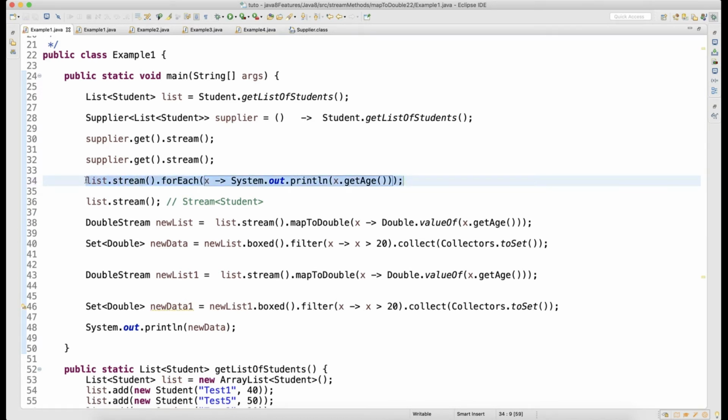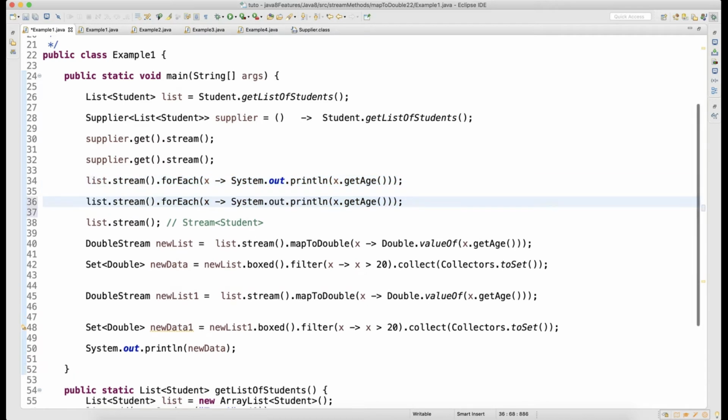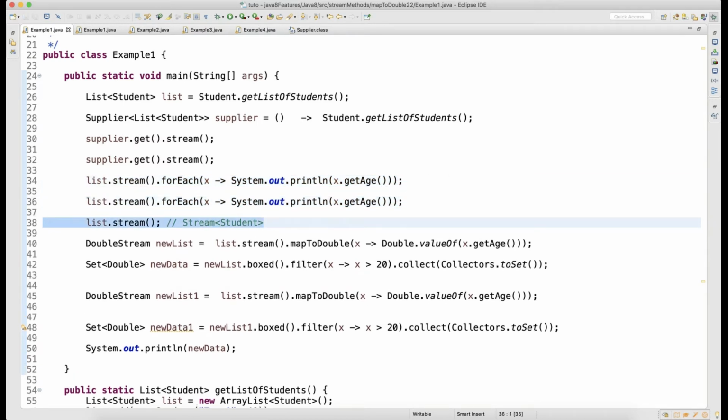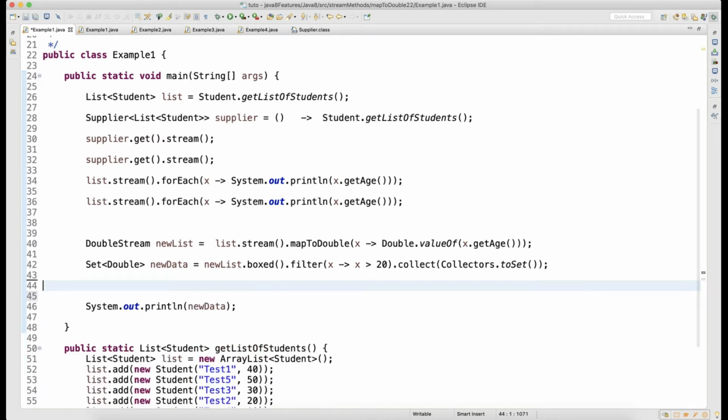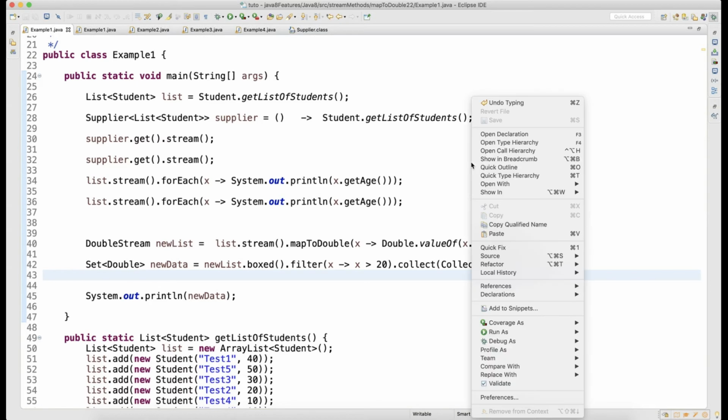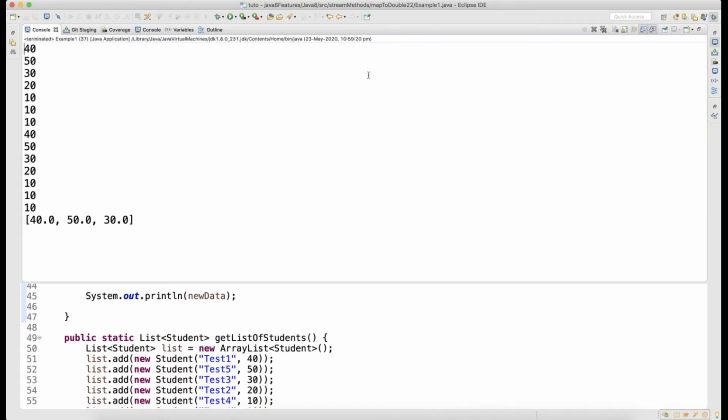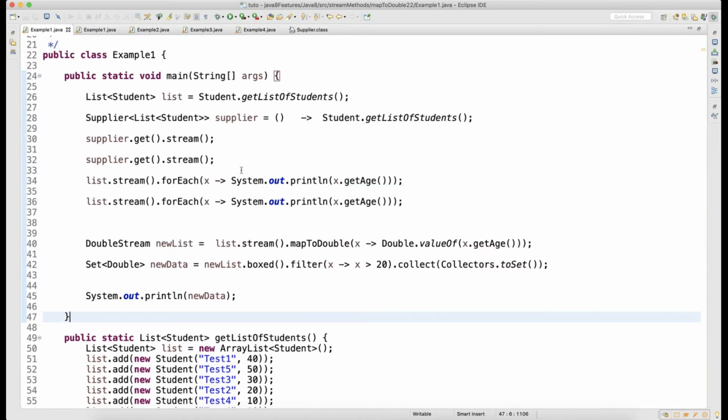Now copy this again and paste it. Will it process 2 times? Simple ask, will it process 2 times? Let me delete all unnecessary things. Now let's just run this code and see what is happening. It got processed and this double is also executed.